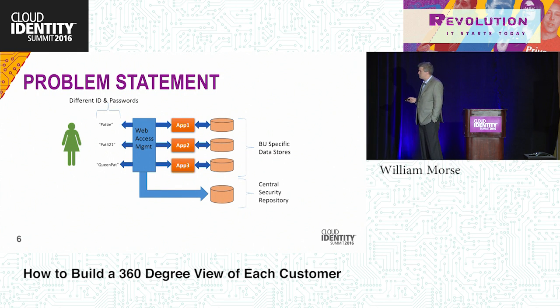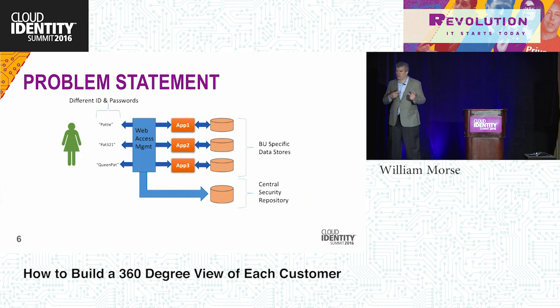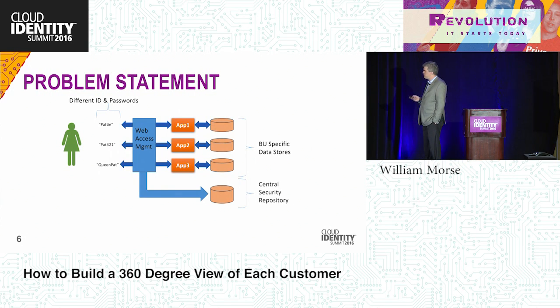The other thing about this diagram that's misleading, and even within Pru, people have said to me, hey, you run the centralized single sign-on platform. Do me a favor, run a report and see who's using Yahoo as their email address, or how many phone numbers do we have registered and stuff like that. All that kind of juicy stuff is listed back here in the different customer databases, repositories, admin platforms, et cetera. And the business unit specific apps are the only ones that really know how to interact with the good stuff,